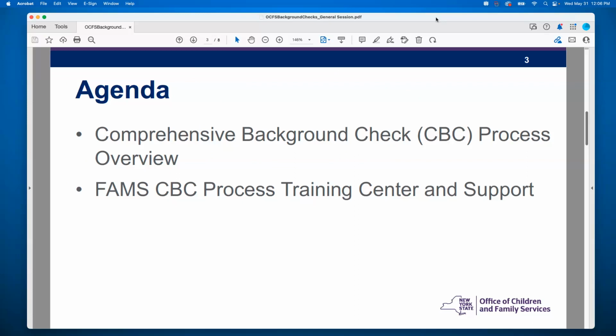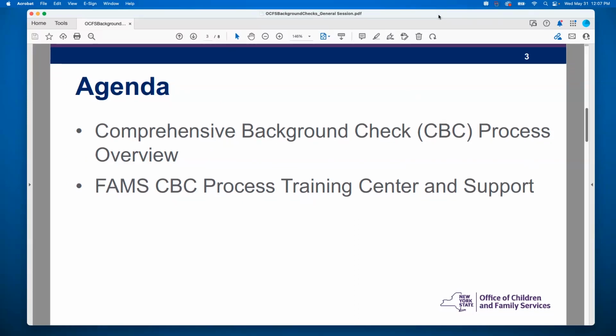There is no training hours connected to this. This is strictly for your technical assistance, for your assistance with doing the CBC clearances. But we are getting some positive feedback about how it's going, and we are continuing to look at improvements. So we really appreciate everybody coming out and giving us your feedback and learning more about the process.